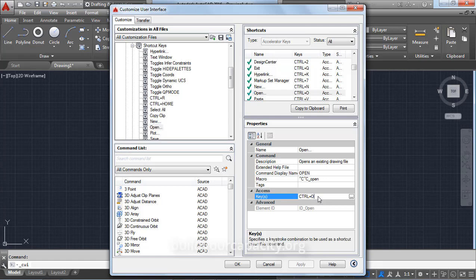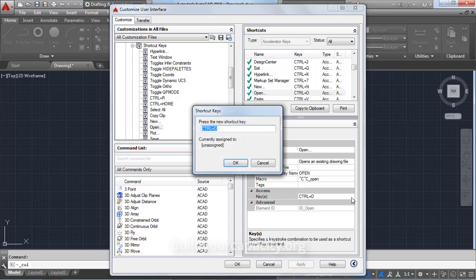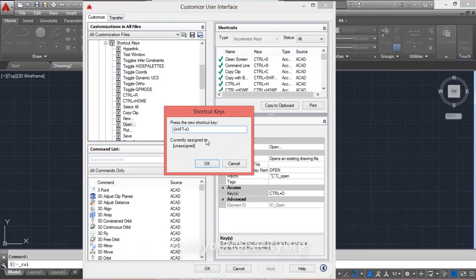To change this, you just click inside here, click this little box here, and then you can now press the new key combination that you want. Let's say your new key combination is Shift G, so I press Shift and the key G